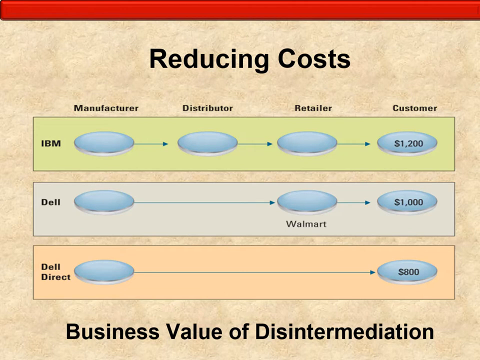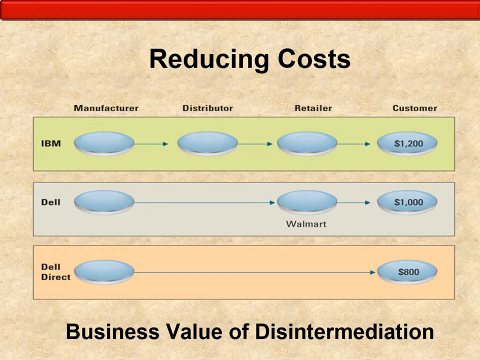Well, along comes Dell. Dell says, if IBM can make these computers, we can make these computers. And so they made computers. Dell said, we would like to keep the chunk of money, of profit, that the distributors make. Maybe we can start distributing this ourselves. So Dell started doing the shipping from their facility to the retailers, primarily Walmart. Then Walmart, of course, would sell it to the consumer.